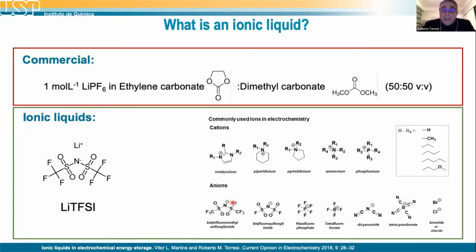So the combination of this cation with different anions gives you a liquid with different physicochemical properties. For batteries, the more important thing is the transport properties, meaning the viscosity and